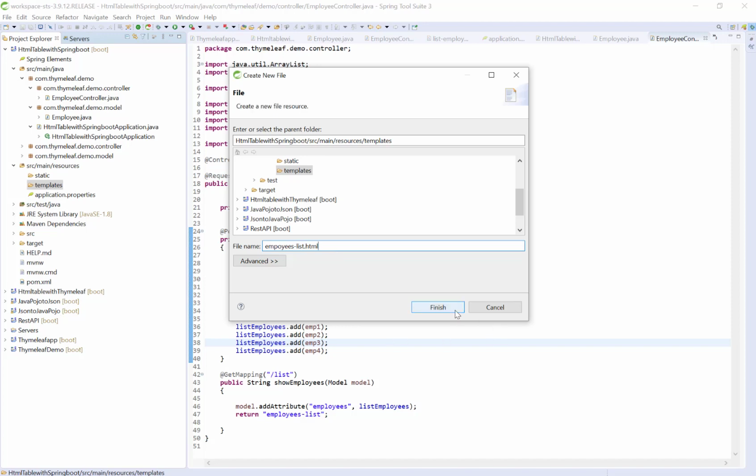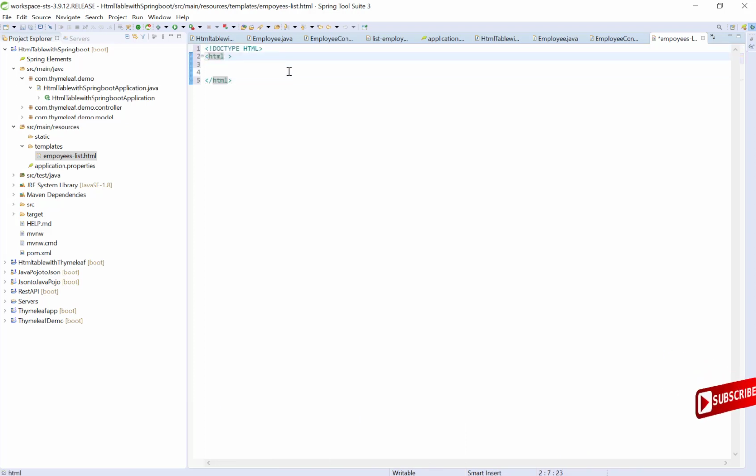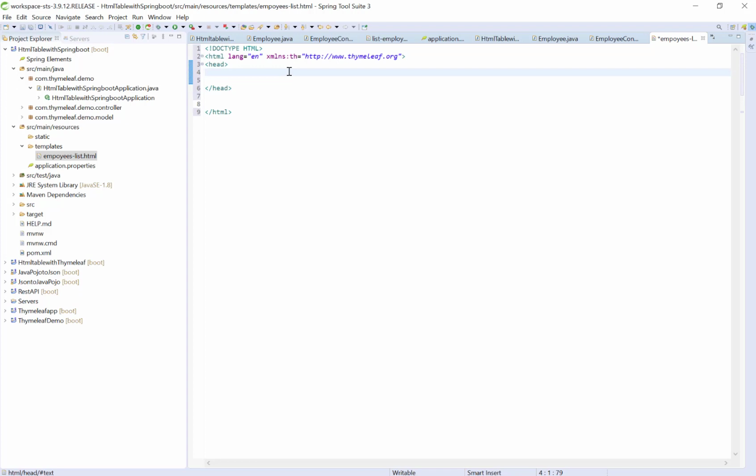Click on Finish. Here I need to create the table. To use Thymeleaf we need to give that URL. This URL lets us use Thymeleaf inside our project.